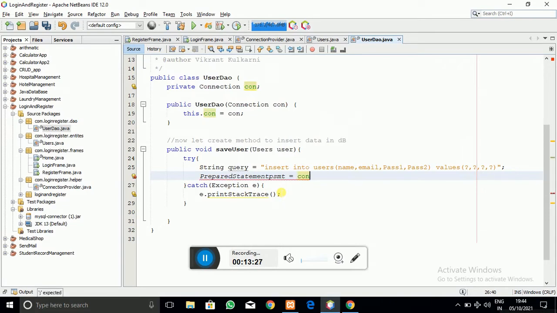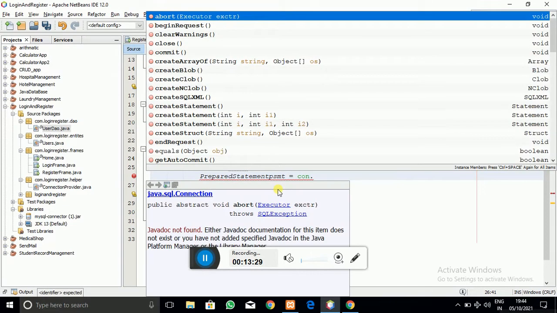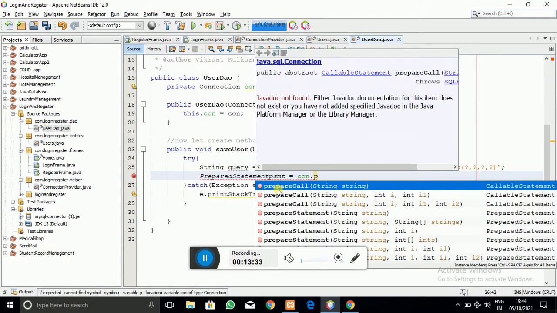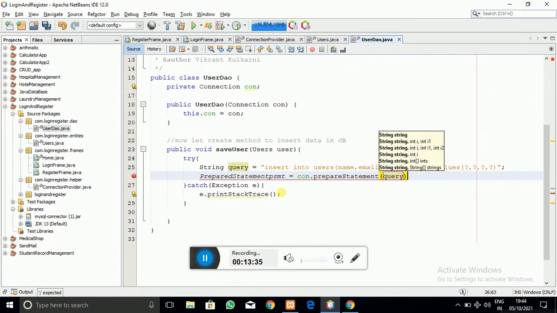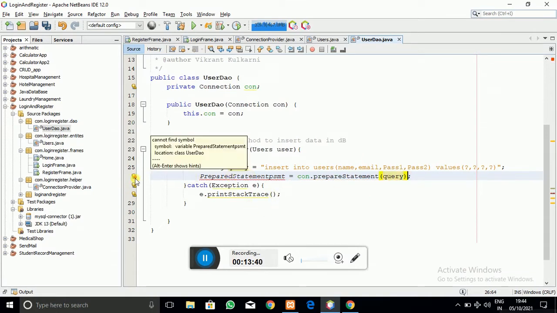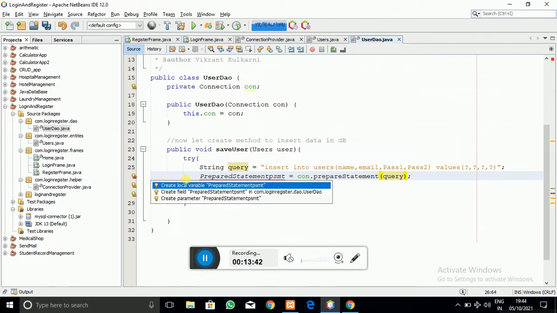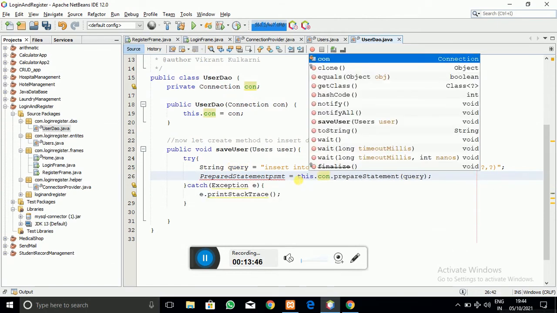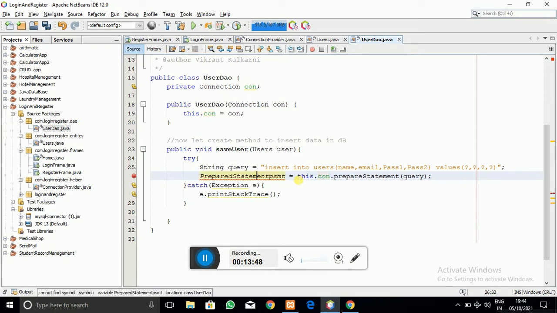instance. Here you can see that, which takes the connection object, which is the SQL connection object, and it prepares the statement for our query. Here you can see that, which we have written here. So here you can see that this connection object we are going to use, and yes, it is PSMT.